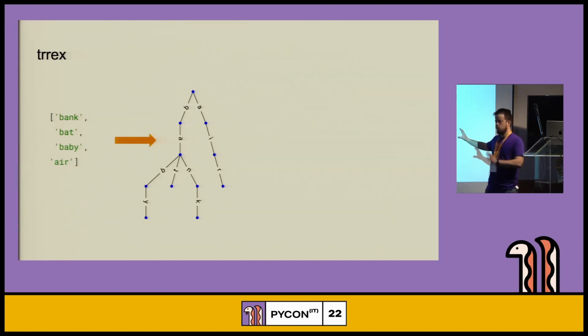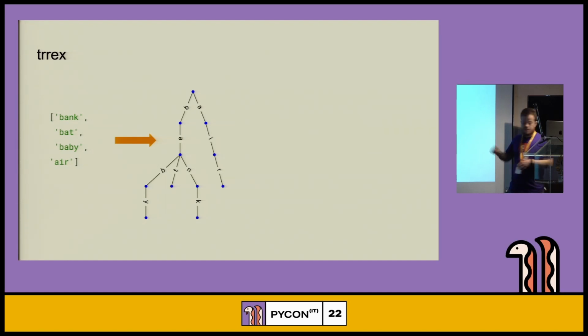For those of you who don't know what a trie is, another name is a prefix tree, and basically all the words that share a common prefix will be in the same branch. For example, bank, bat, and baby are all in the same branch, and air is in another branch. It branches out with the unique suffixes.